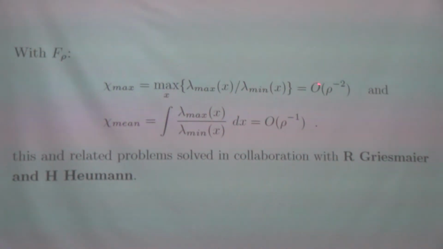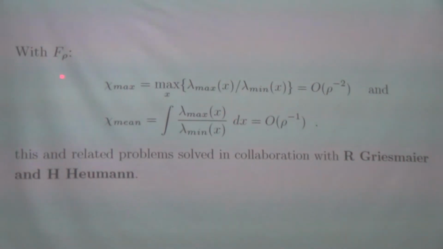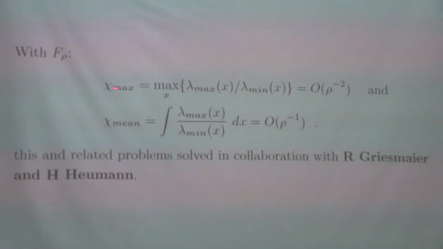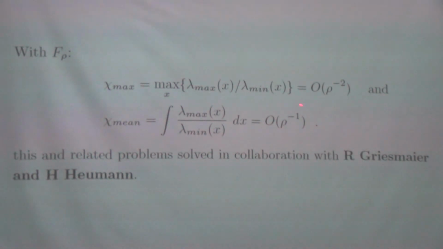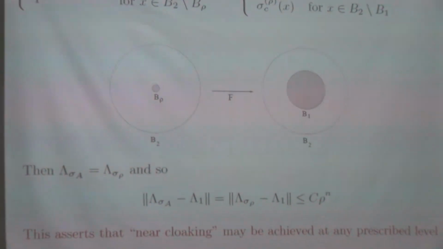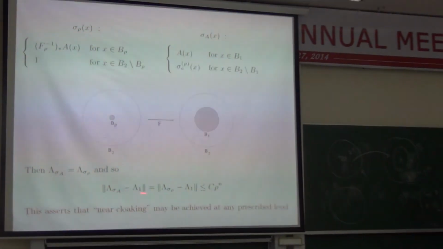And so it should be in terms of the chi max and the chi mean that you should measure, not in terms of rho. Of course here you have the relationship between rho and chi max. It says that the square root of 1 over chi max is equal to rho. And so if I go back to this estimate here, it gives you that rho can be measured in terms of